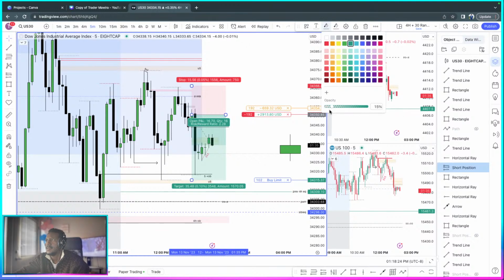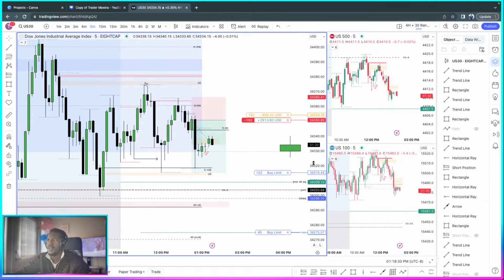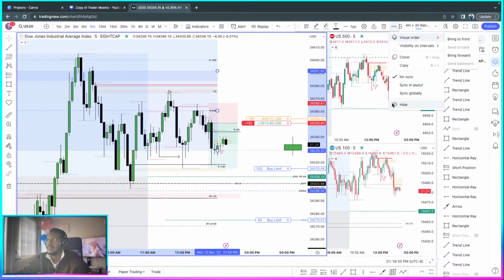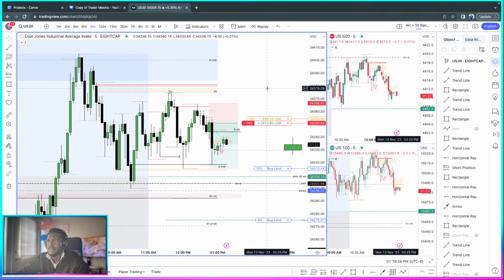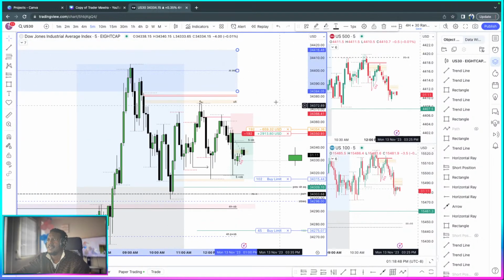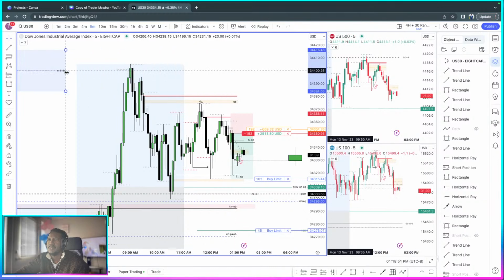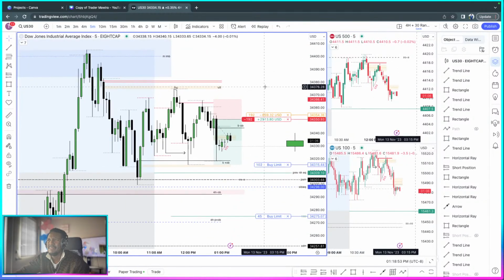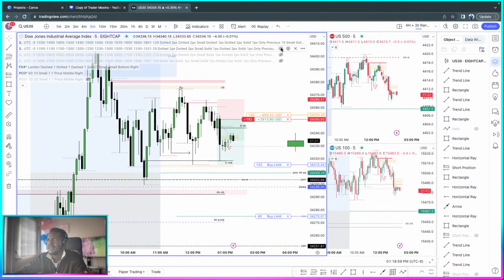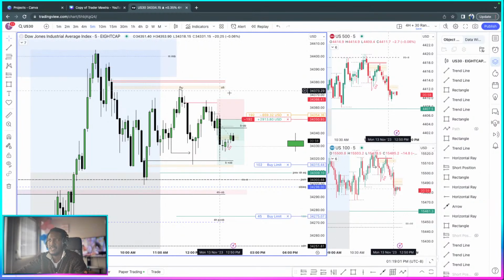Let me reduce. So since this is where we are, let me hide this. I'm going to hide that. What else needs to be hidden? Okay, that was the most. And let me also hide, I'll just put this. I didn't feel like we have too much. With regards to those lines, let me get rid of them as well. And let's just have a clean chart like that.